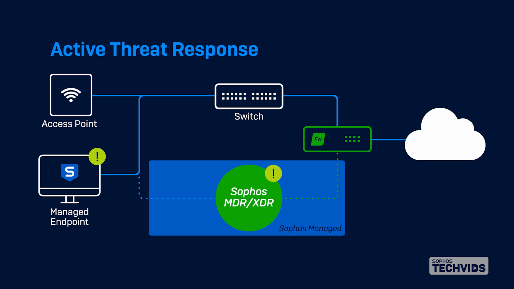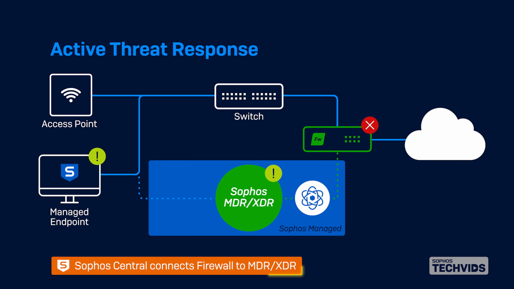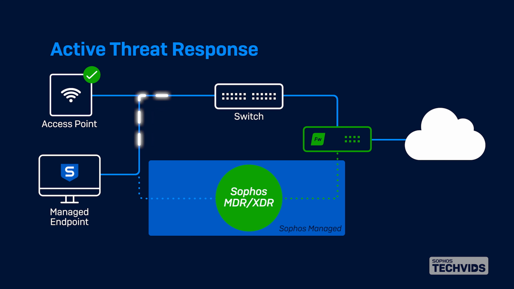Let's assume the Sophos MDR threat hunting team discovers a potential threat in the customer's network. The MDR analyst quickly confirms the threat and immediately takes response to directly insert and block it. A threat or indicator of compromise, also known as an IOC, is blocked by the firewall within all relevant subsystems, such as the firewall, DNS block list, IPS, web, and deep packet inspection. Here, Sophos Central acts as the glue between Sophos Firewall and Sophos MDR, allowing MDR analysts to push real-time intelligence. Threat response is completely automated and real-time.